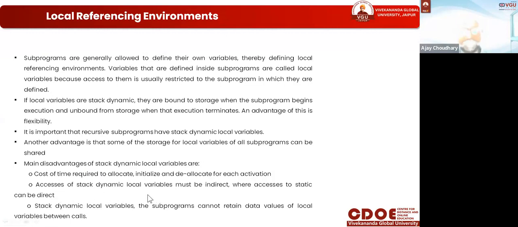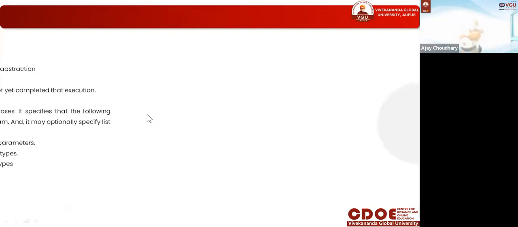Access to stack dynamic local variables must be indirect, whereas access to static ones can be direct. With stack dynamic local variables, the subprogram cannot retain the data value of the local variable between calls. Calls means when we start the method by calling. Calling means we are initializing the